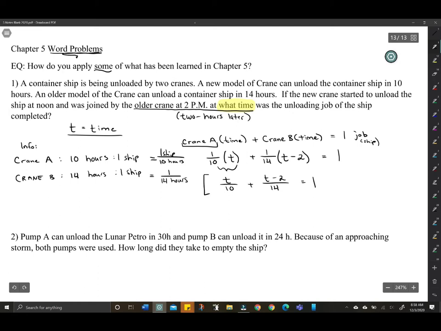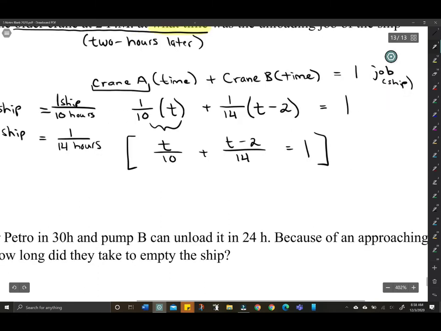So now we just have two fractions, and we're going to have to solve. So this is just good old least common multiple. 10 and 14, what do each of those go into? The least common multiple actually is 70, okay? If you use your calculator, you can find that. So what that basically means is if I just multiply everything by 70,